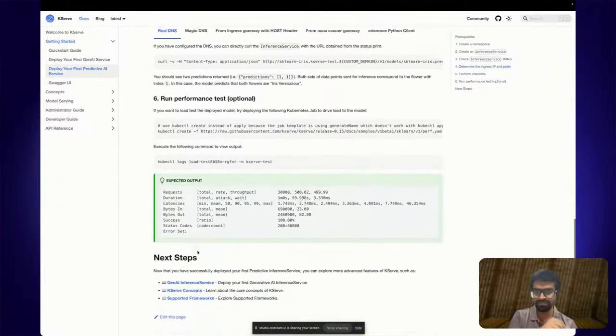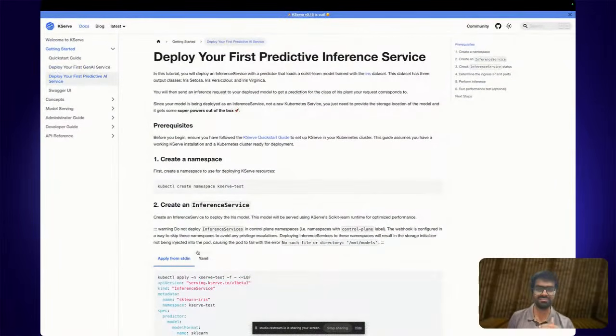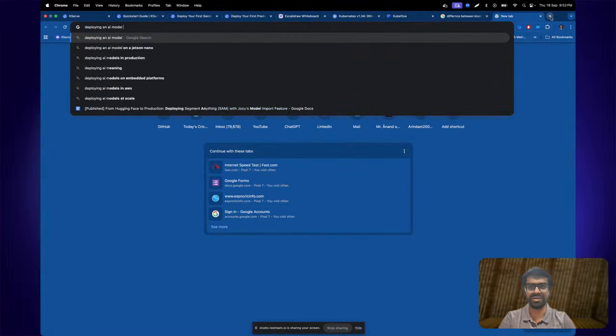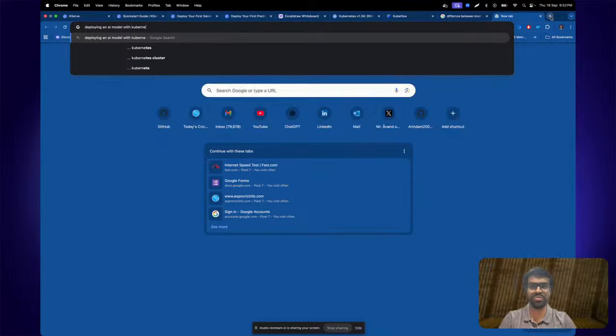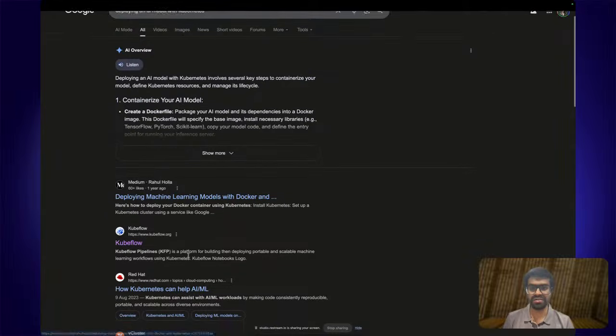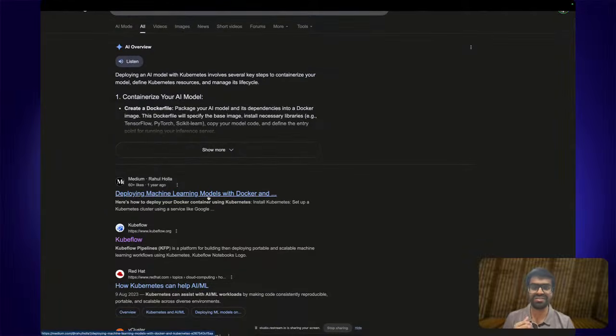So it looks very similar to what you would do with a typical Kubernetes deployment. Because if you look at, let's say, deploying an AI model with just pure Kubernetes, one thing to remember is that you can still run AI with Kubernetes.